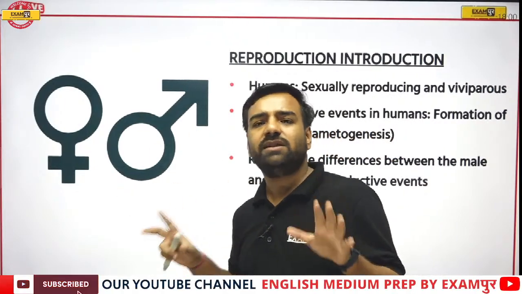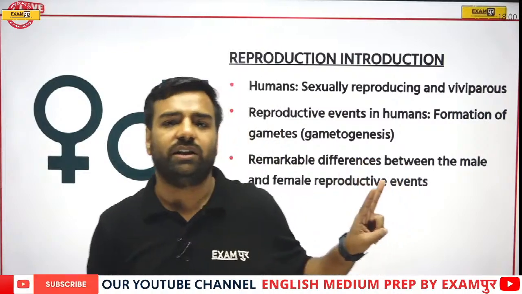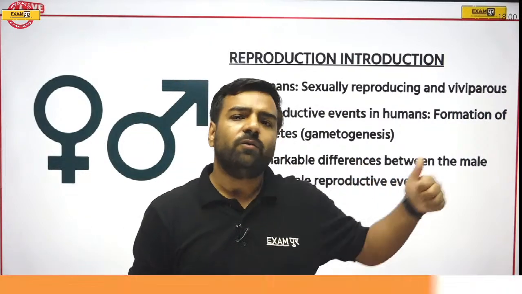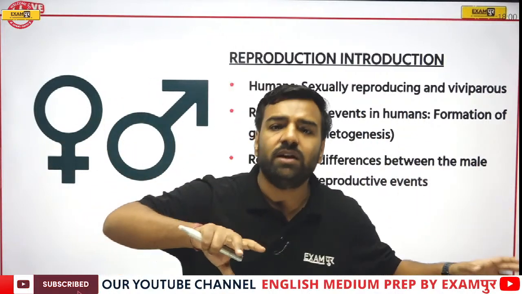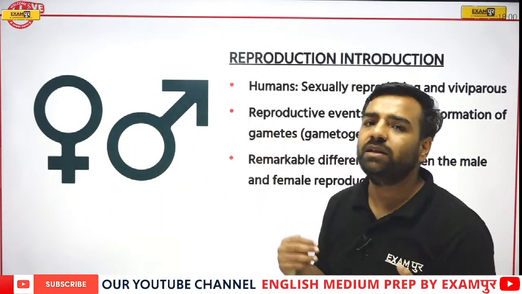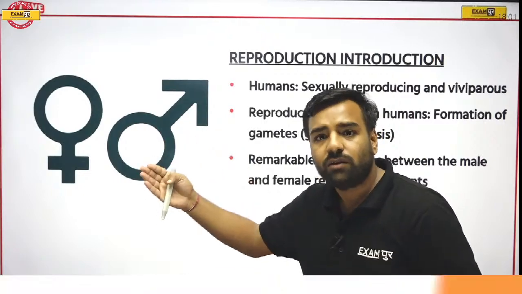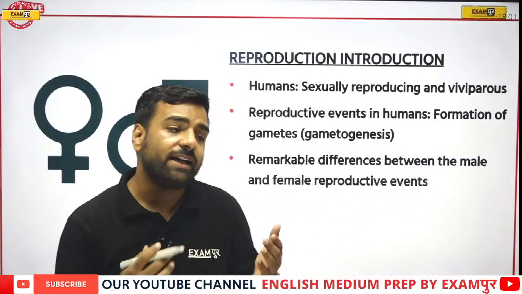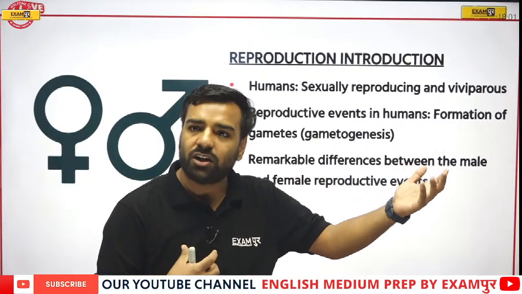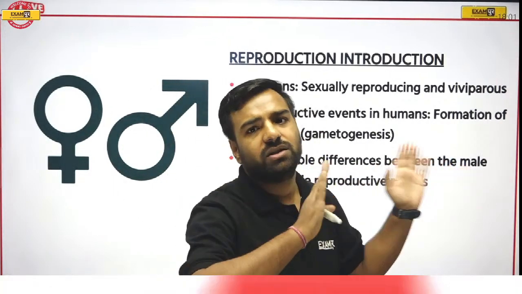Now, reproduction is actually of two different types. Which ones? One is asexual, another is sexual. What's the difference between the two? Apart from that, which mode of reproduction do we humans use? And which other organisms use the other method which we are not using? We'll be discussing all those things now.